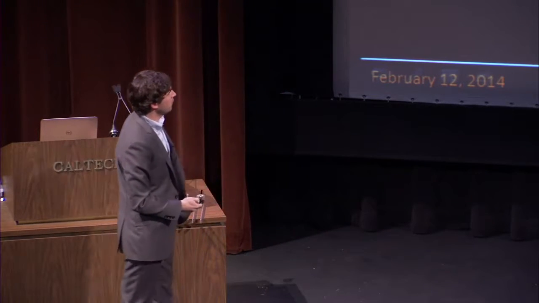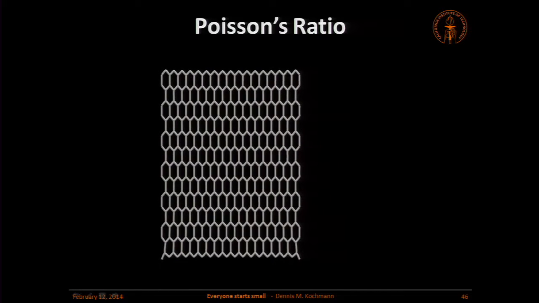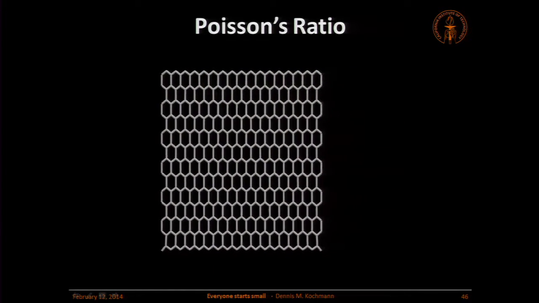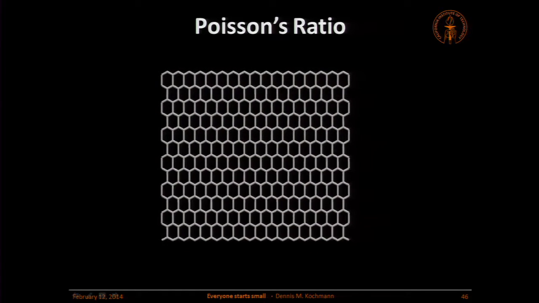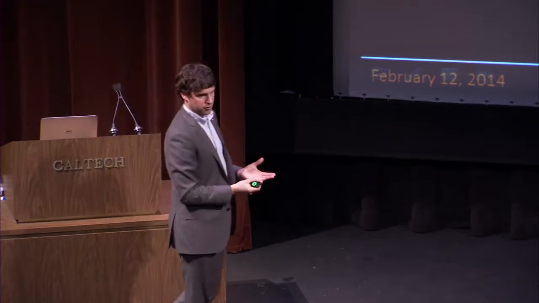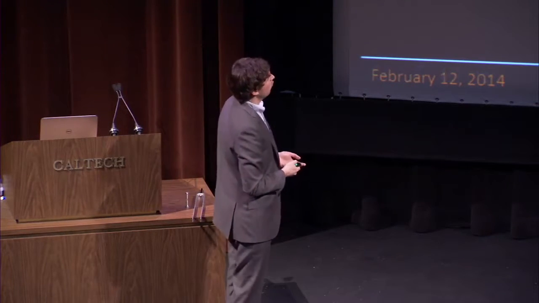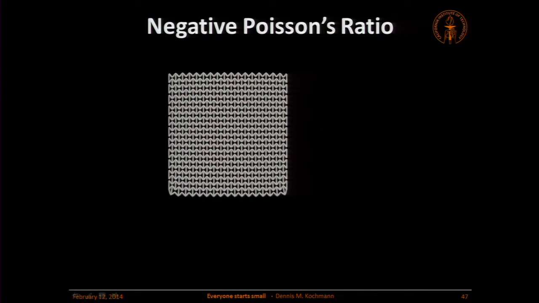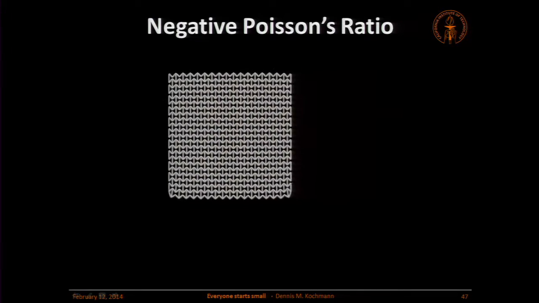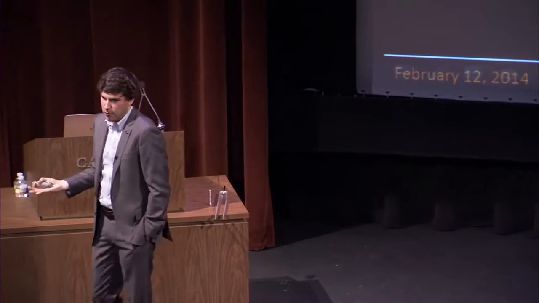And to show you the effect a bit more nicely, this is the same in 2D. This would be a standard structure. If we're compressing it, it becomes fatter. If we're stretching it, it becomes thinner. This is the typical behavior. If these were atoms, we couldn't really change the atomic structure, but these are not atoms. These are trusses. We can move them around. So why not arrange them like this? And now if you pull on it, it expands laterally. If you contract it, it also shrinks laterally. With this, you can make negative Poisson's ratio, no problem at all.